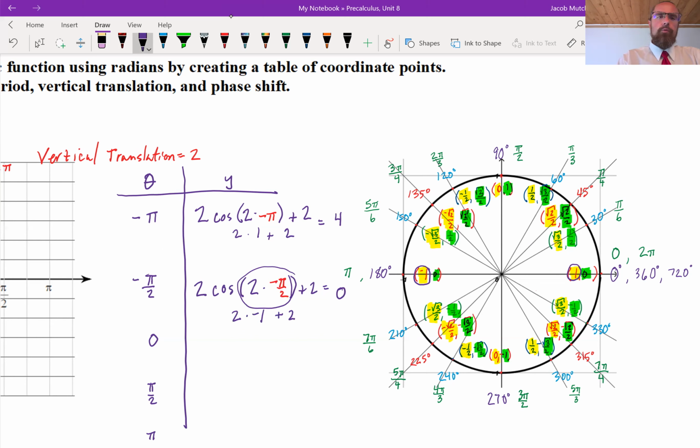So I think probably if we were to include an intervening value here between negative pi and negative pi over 2, that'd be negative 3 pi over 4. Let's see if that comes out to 2. I see that the output might be halfway between 4 and 0. So let's see if that is the case. 2 cosine 2 times negative 3 pi over 4